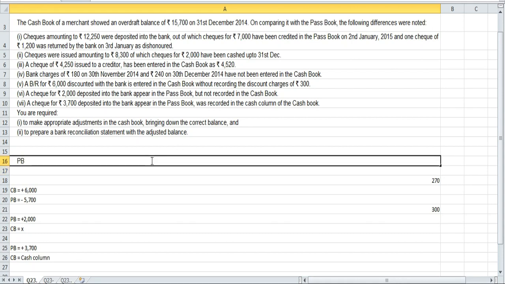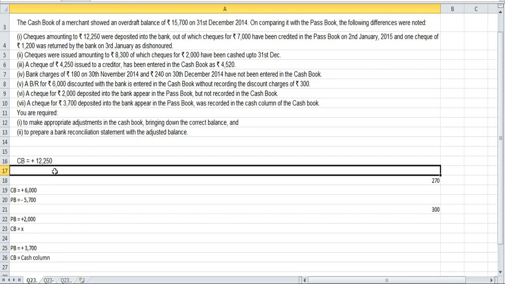In your cash book, you have recorded deposited checks for 12,250. All are deposited, except which two checks are